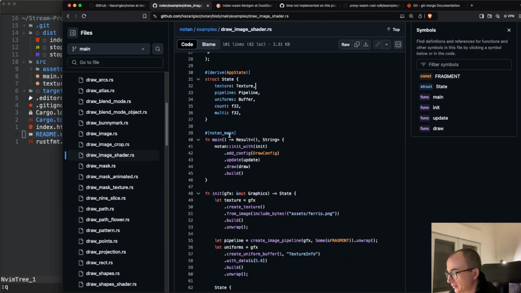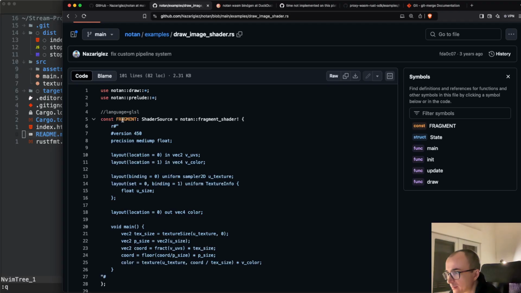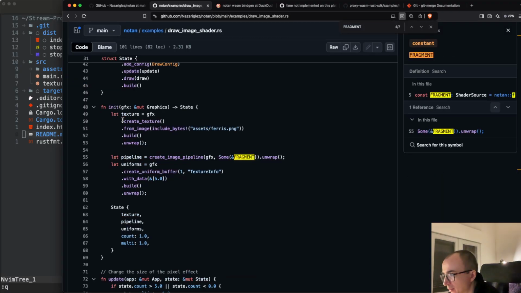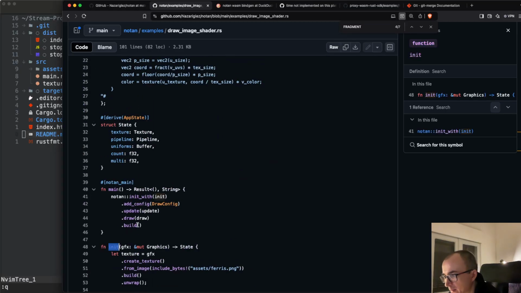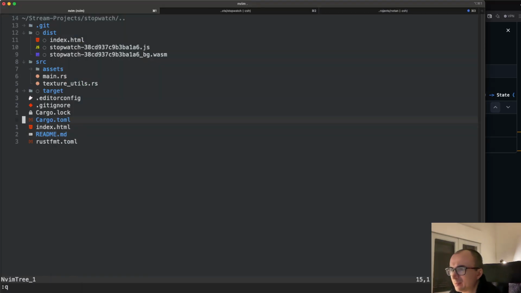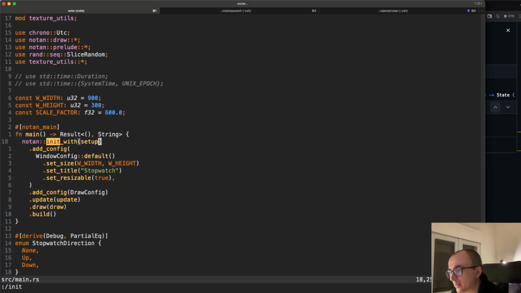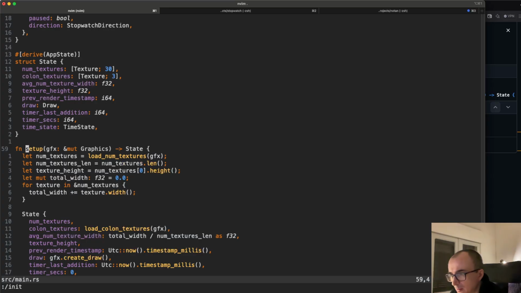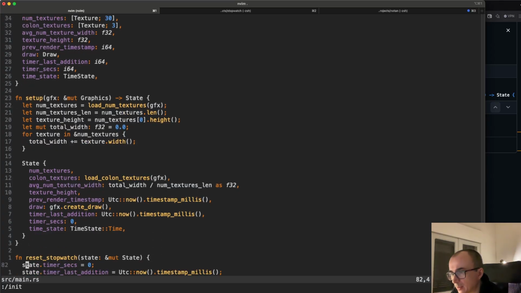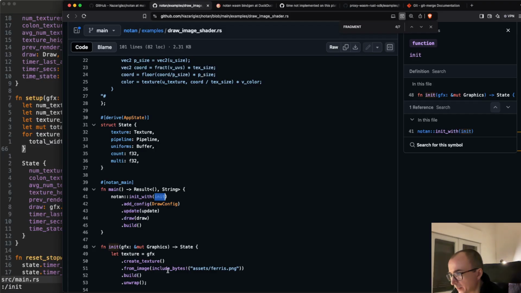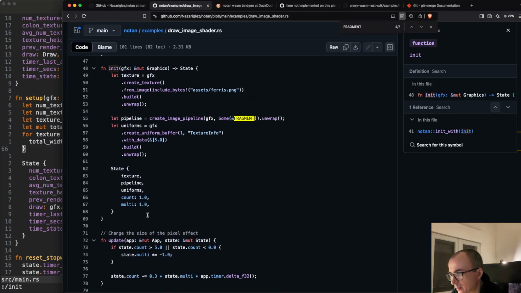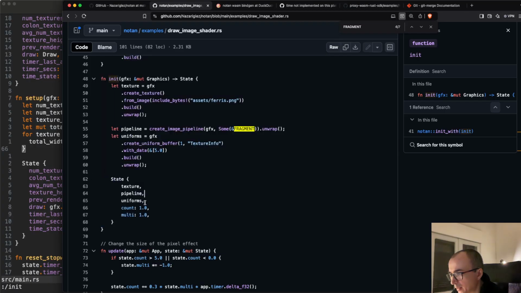And how it's used. So I have fragment. So here I'm passing it to a pipeline. And where do I call init? Okay, this is an init. Do I have init as well? I would assume that I do have init. Okay, I call it setup. Yes. Okay. Yeah, and here I'm returning state. So I would assume here state is also returned. Okay. And I have uniforms